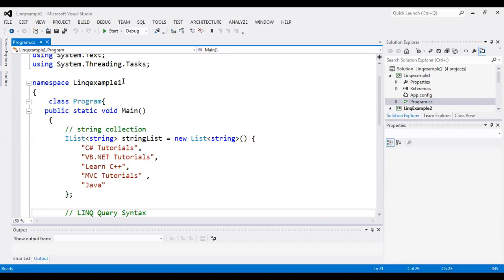Within that foreach loop, we apply the condition: if s dot contains tutorials, then fetch that s and store it within another array. Likewise, you have to sort the data first. Once it is filtered out, you need to display that other collection to the user.